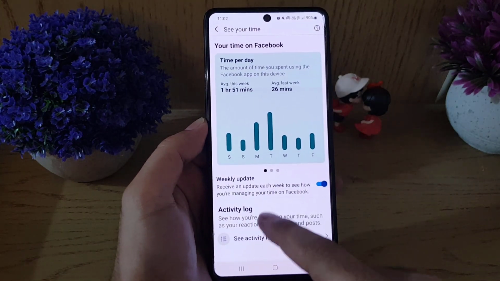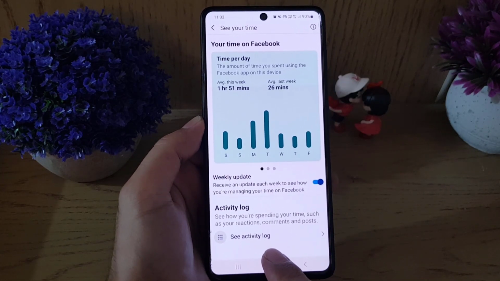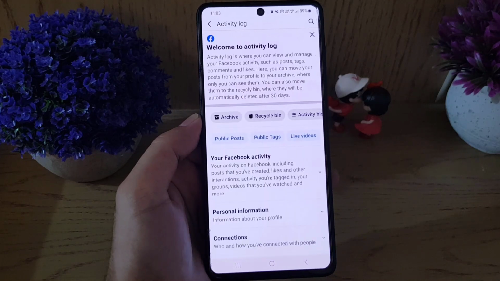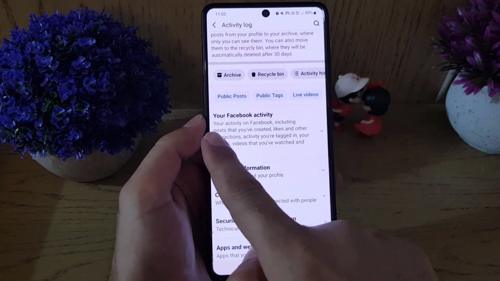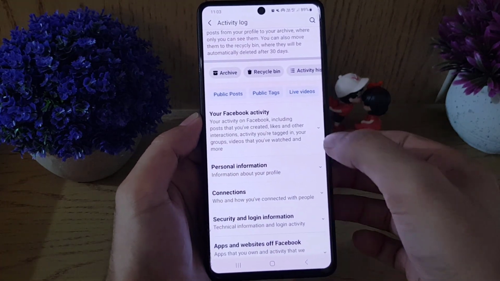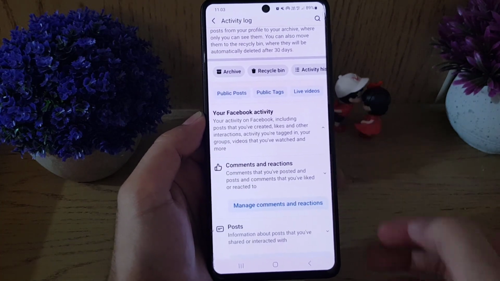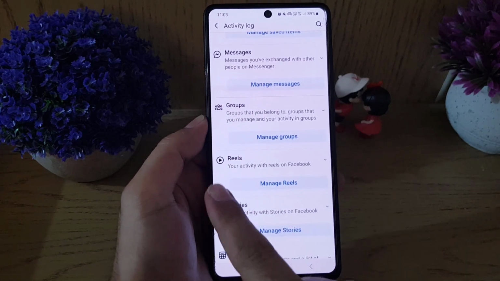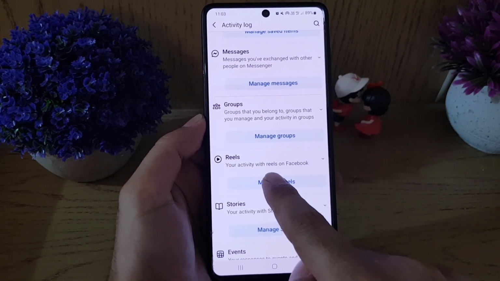Once you select See time, right at the bottom you will find the option See activity log. You need to tap on it. It will bring you to this menu, and here you will find your Facebook activity. You need to tap on the drop down arrow. It will expand. You need to scroll down, and there you will find Reels, and here you need to tap